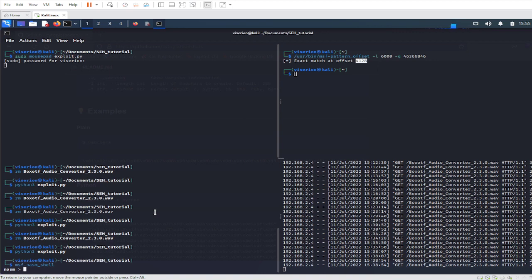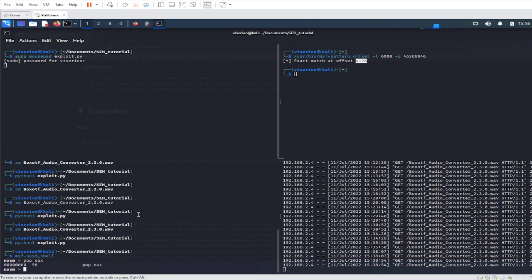We all know, or I hope you know, and if not, then you know it now. Instructions work with opcodes. For example, I want to do a pop eax. We can see the opcode for pop eax is 58. Then we want to do another pop